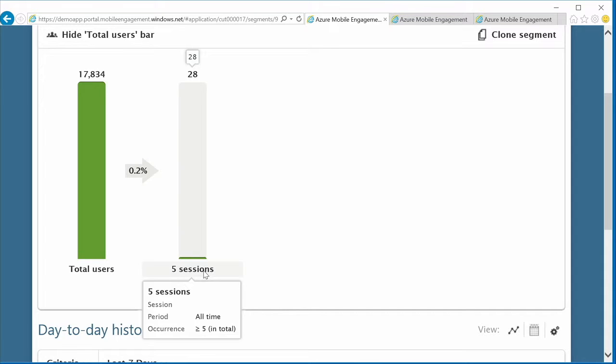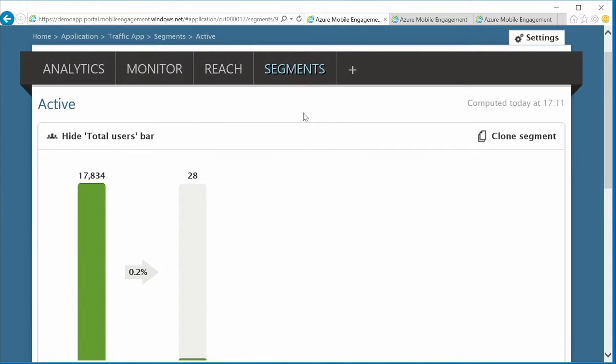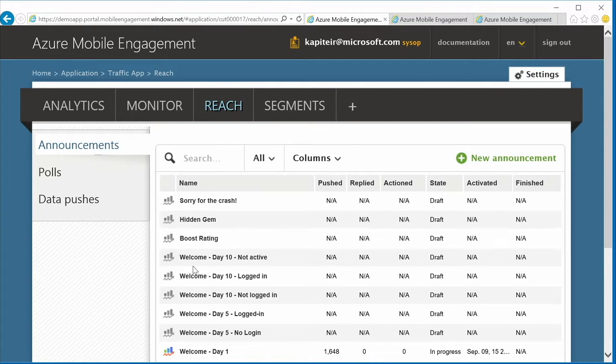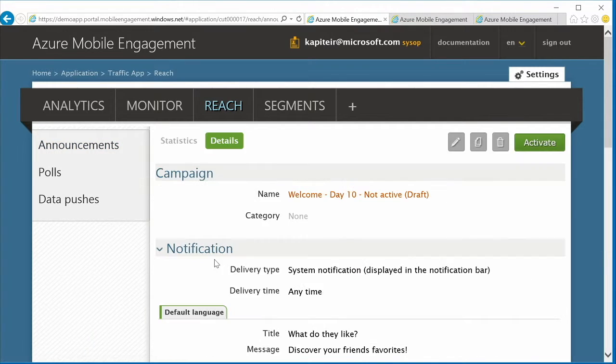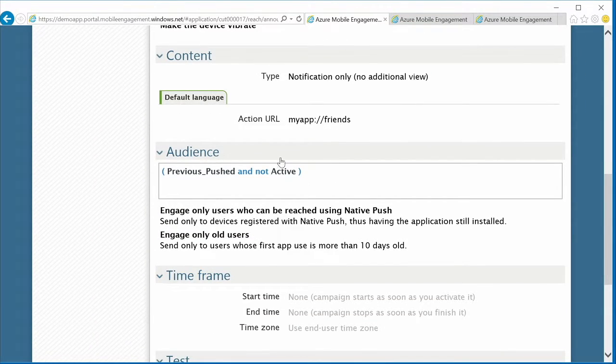So we want to select only those users who are extremely active, so who have been making these 5 sessions. And as you might have noticed, and I'll go back to it, in our push campaign, we selected the users who are not active. So we made sure that we engage users who were pushed for the previous campaign and were not active, so that we continue our scenario there.